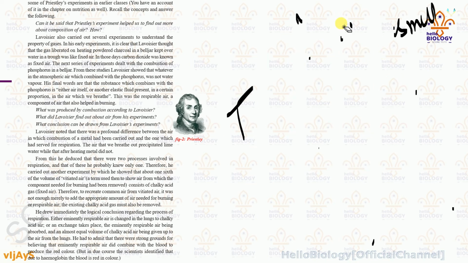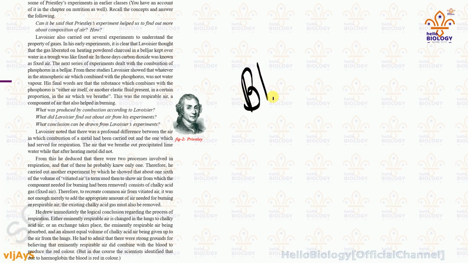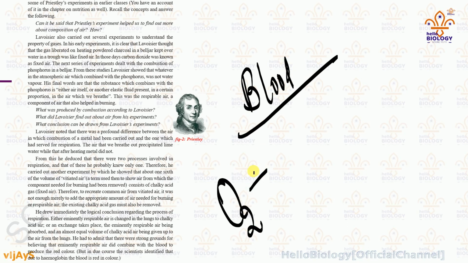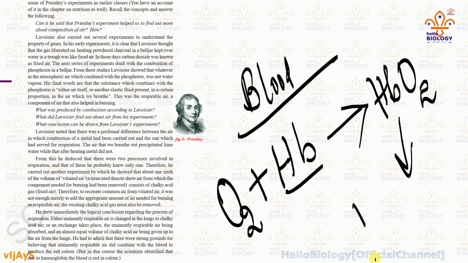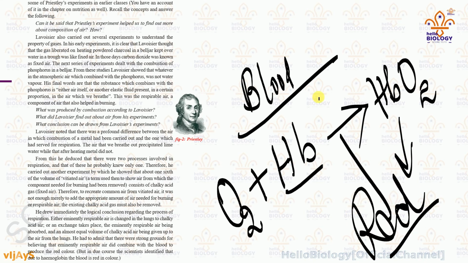And later they also gave the reason why blood is red in color. Blood is red due to the mixing of oxygen with hemoglobin, a chief element in the blood. When they combine, a complex called oxyhemoglobin is formed, and this is red in color, so blood appears red. This concept was also stated by Priestley.